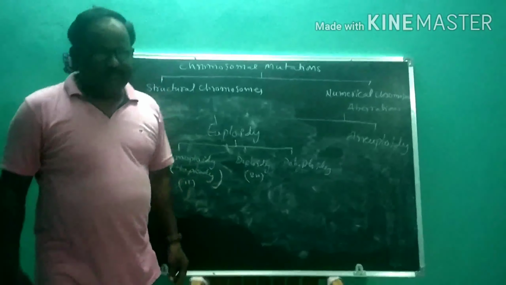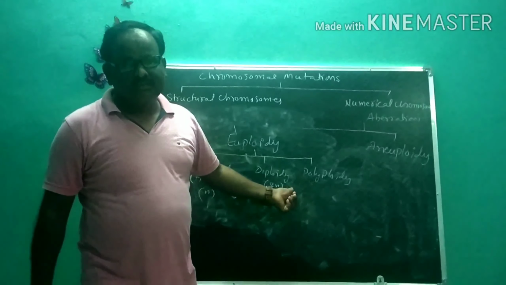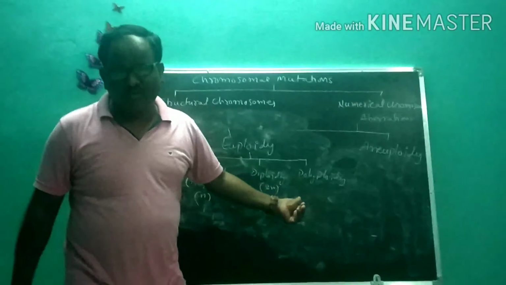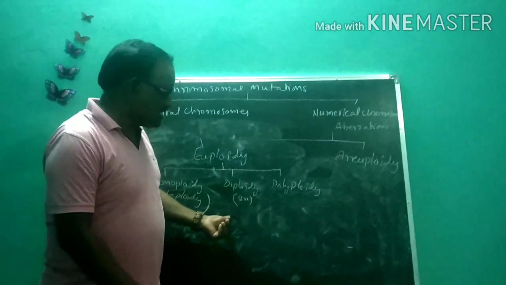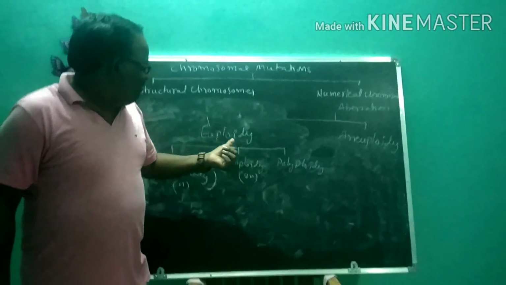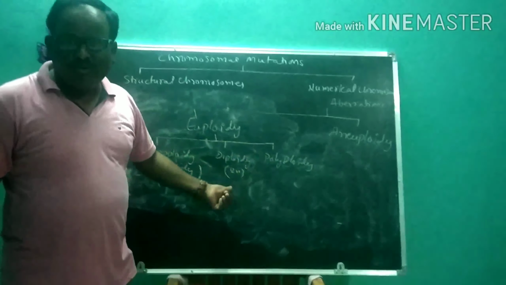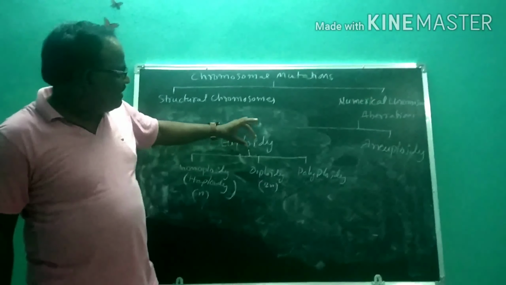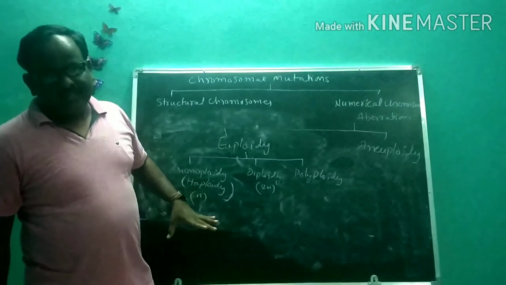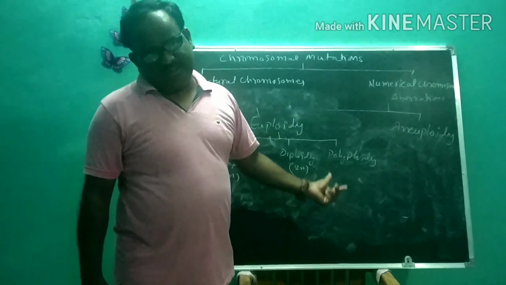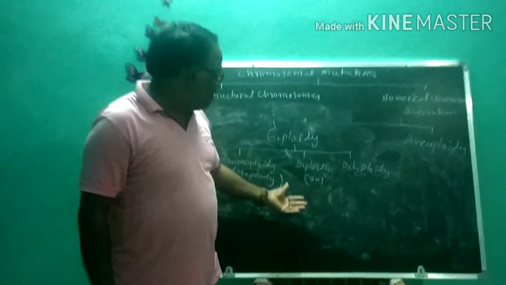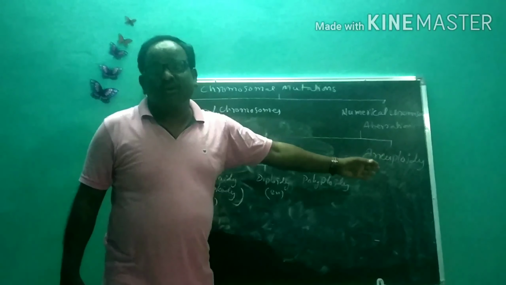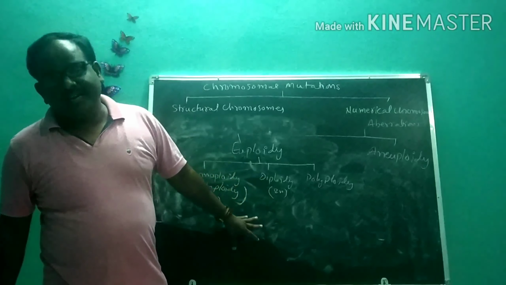Next, diploidy. Human beings have 46 chromosomes. Out of 46, 44 are autosomes and 2 are sex chromosomes. In the sex chromosomes, females are XX and males are XY. One chromosome comes from the mother and one from the father. One genome set is called haploid. When two gametes fuse, that is called fertilization, and the result is the zygote. That zygote is at the diploid level.